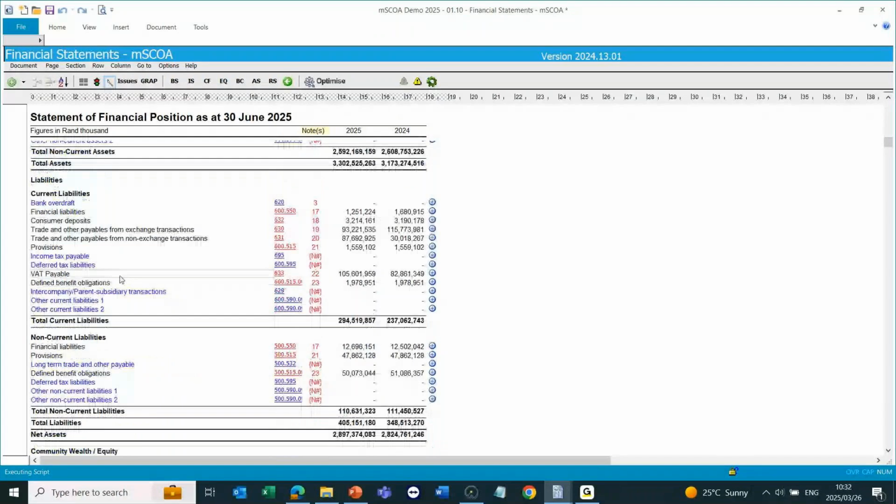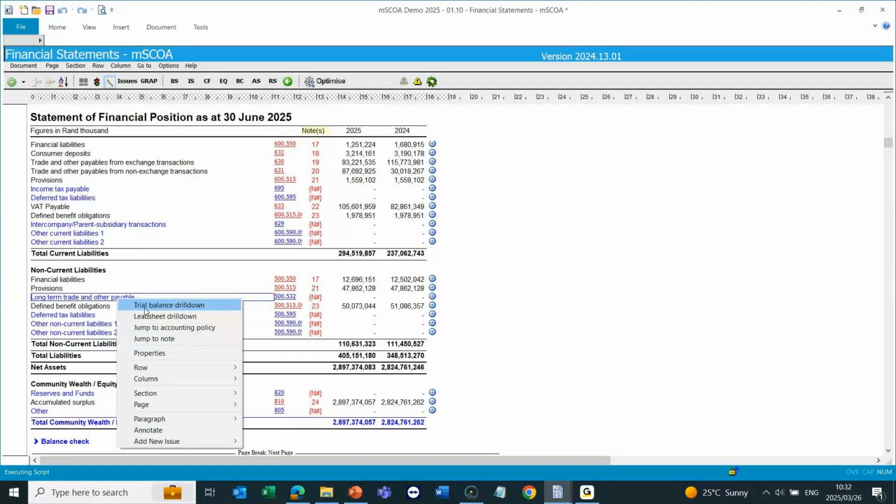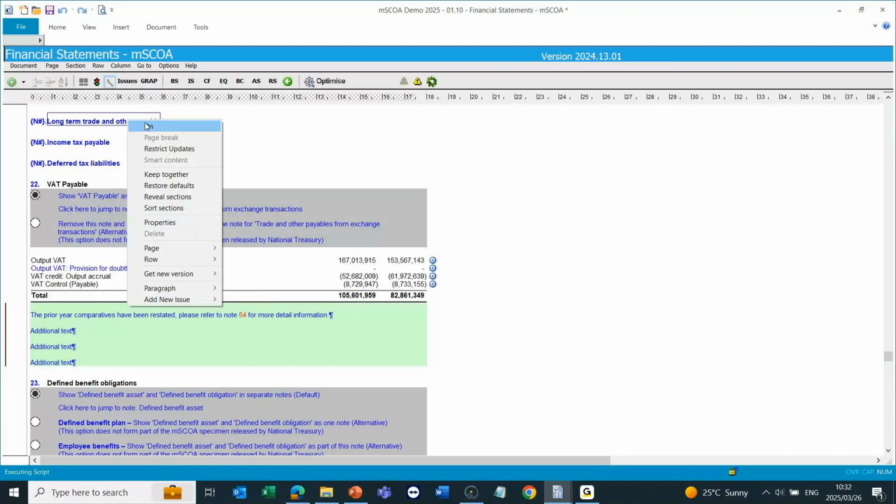On the liability side, an update to the defined benefit obligations note. There was already an existing note there, but it is an update to that note. But we added the income tax payable line item with its note, the deferred tax liability line item with its note, and on the non-current liability side, we added a new line item, long-term trade and other payables, with its note that is also linked to the relevant